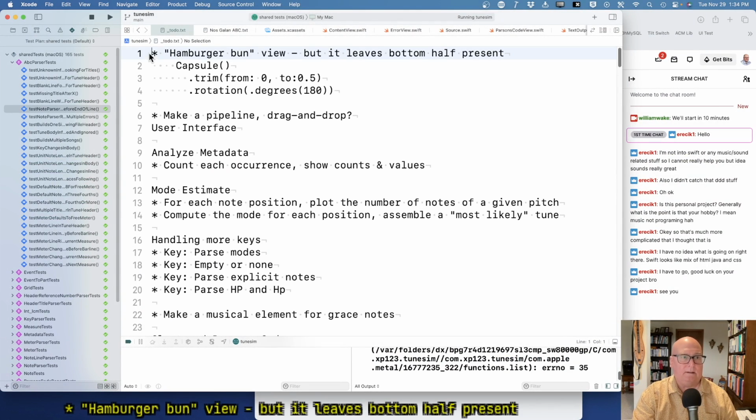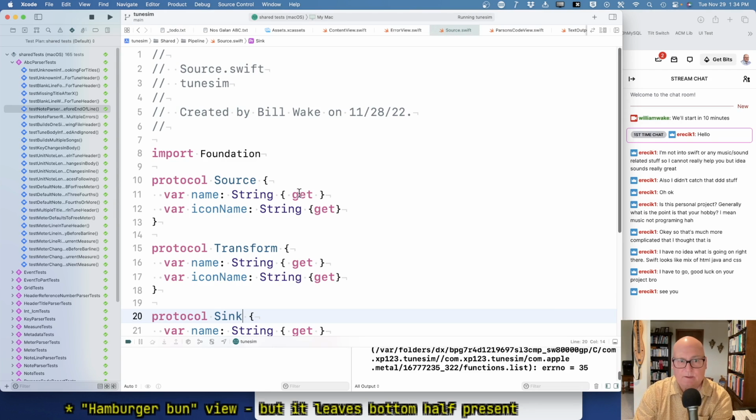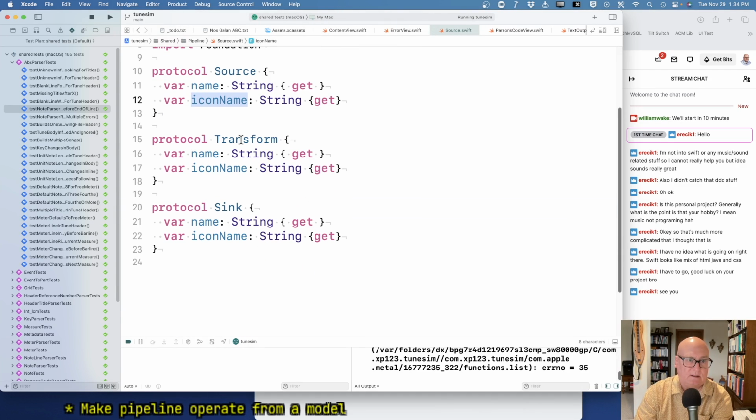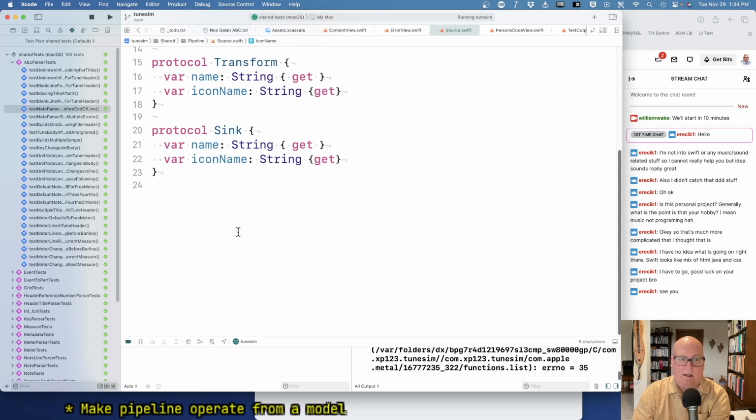Okay, I think let's do something. We want to make pipeline operate from a model. Okay, and we've got little pieces of it. We got source that provides its names. Oh, we should be using these. Yeah, let's use these in the others. Okay, source, transform, and sync. And I think with that we can